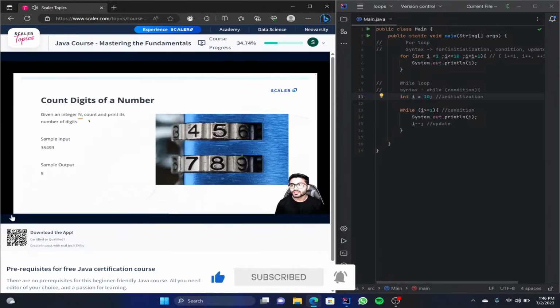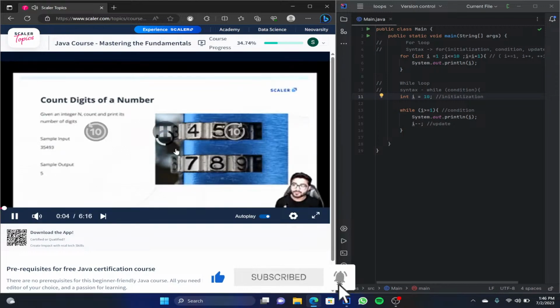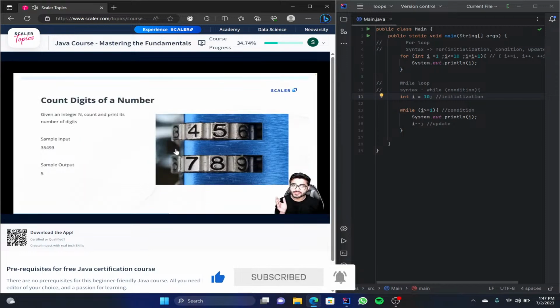Integer n to here, that is counting the digits of a number using a while loop. So the problem says that we are given an integer n and we are required to tell the